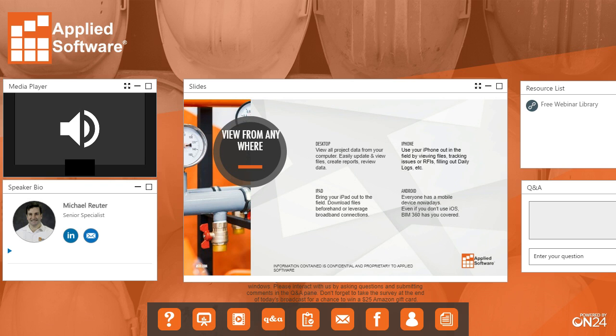So, without further ado, I think I'm just going to share my screen here, and then we'll jump into a couple of demos. Okay, so the first thing that I'm going to demonstrate is basically how to compare documents